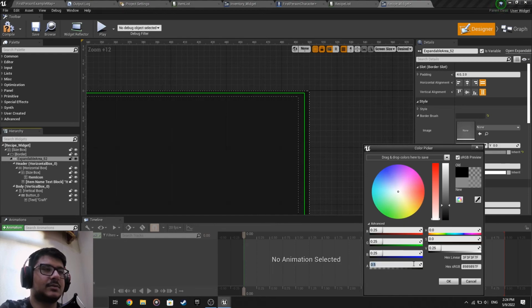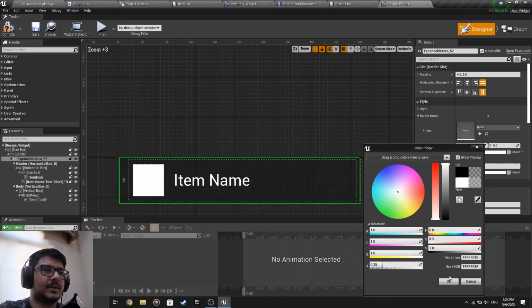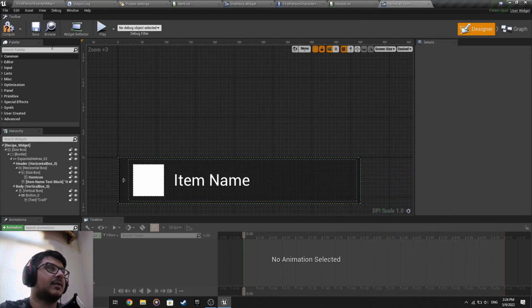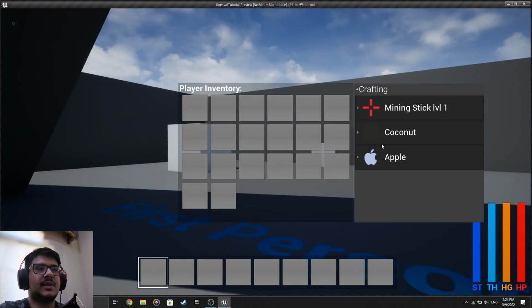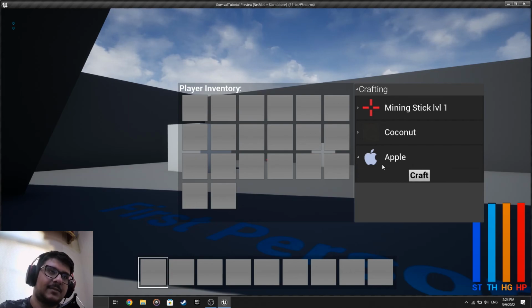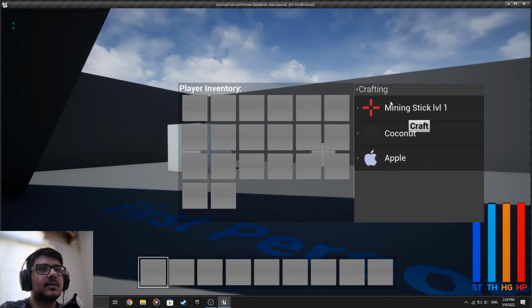Forgot to change that too. Like this, yes. Perfect. We make it white, but with an alpha of 0.25. Now open this. Now there's a slight outline. Looks nicer. There's a craft button that doesn't do anything,